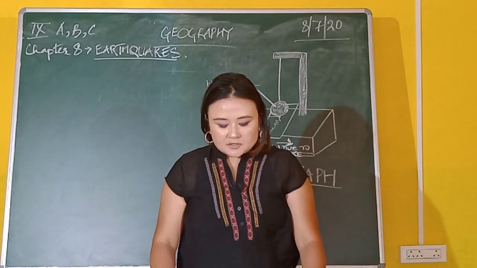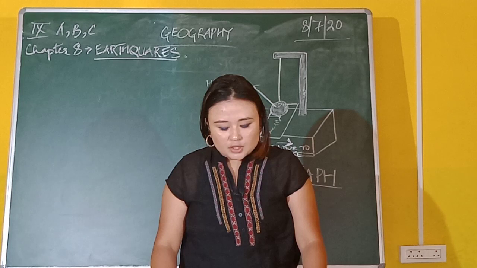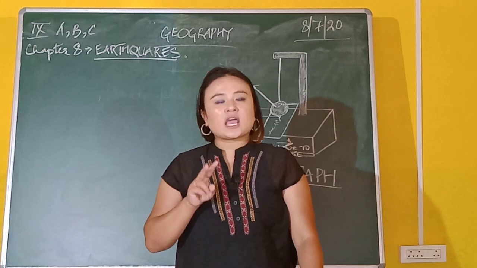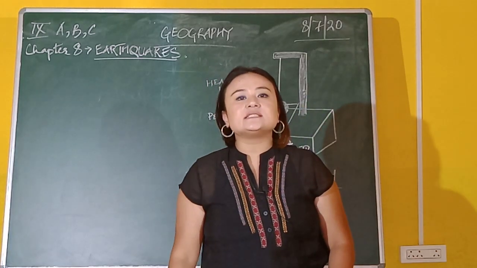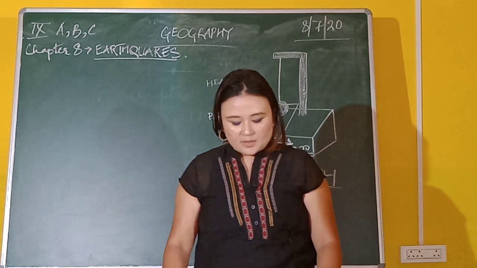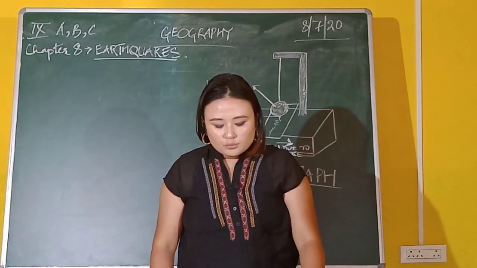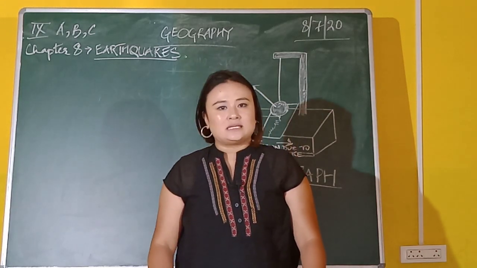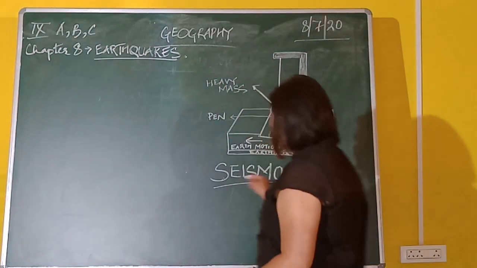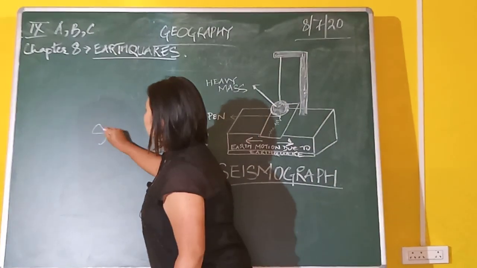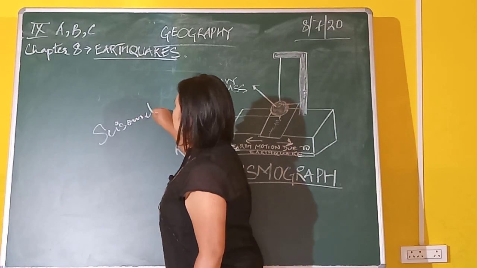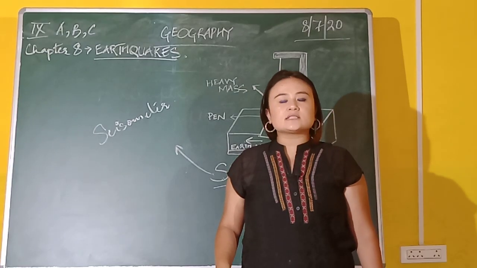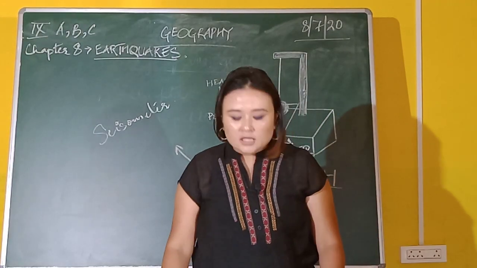See, seismograph, the Richter scale and the Mercalli scale are used to measure the direction and the intensity of an earthquake. So you have two scales which can be utilized by which you measure the intensity of an earthquake by your seismograph. Now the direction of movement of waves and the passage at a particular point is recorded by an instrument that is termed a seismograph. This seismograph is also referred to as your seismometer. Okay, so the seismograph or your seismometer is the instrument utilized in order to measure the intensity of an earthquake.